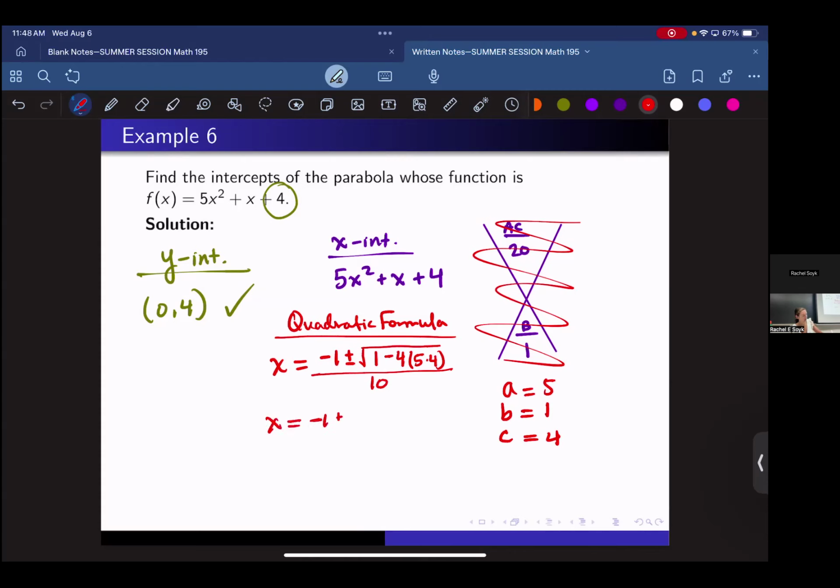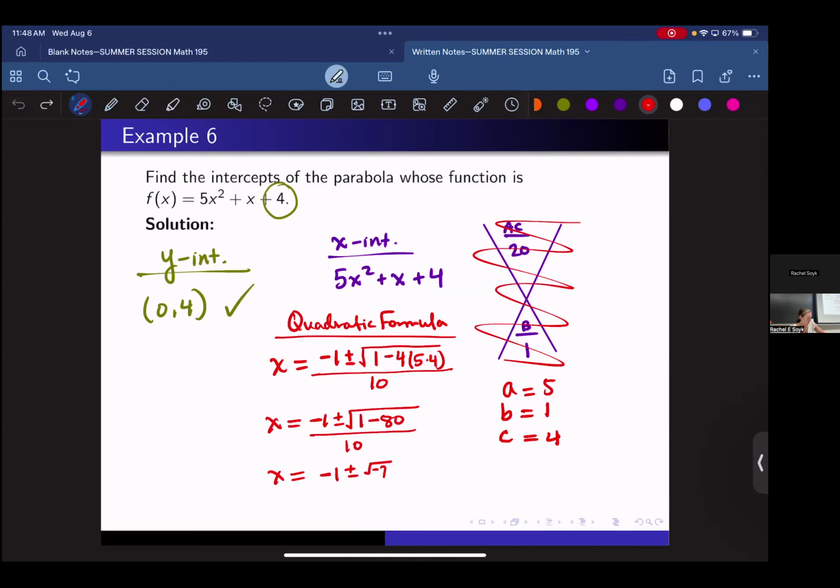Let's simplify. We have 1 minus 20 times 4, which is 80. It's negative. So x is equal to -1 plus or minus square root of -79